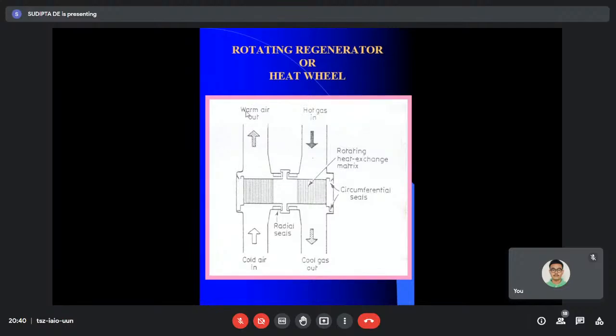For the next 5 minutes, obviously the heated matrix will transfer heat to the low temperature air that is coming in. I'm assuming that air is being heated. It can be any other gas. Now, if you don't do the heat addition and heat rejection process simultaneously, then I call it a batch process, BATCH. And if it happens that the wheel is continuously rotating, obviously at a very low RPM,